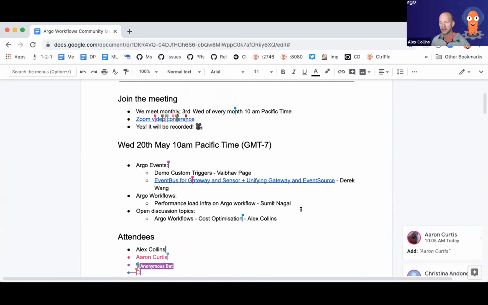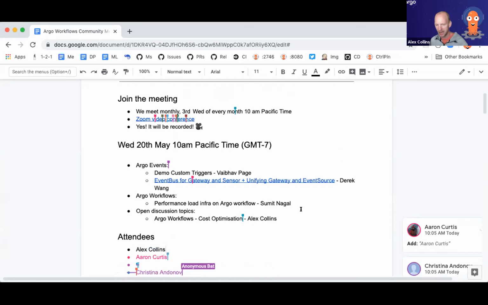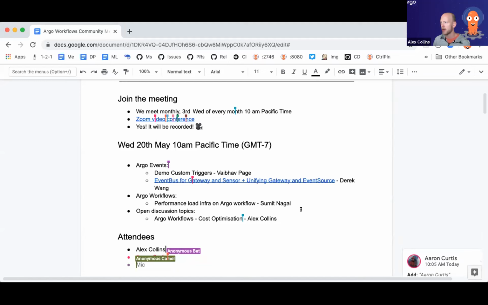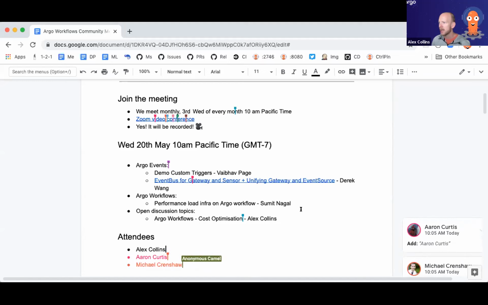And Argo Events is a system for triggering events in your cloud using the cloud event specification. So things, for example, triggering a workflow if a file has appeared in S3. My name's Alex, and I'm the principal engineer working on Argo Workflows. And from our core team today, we've also got Derek, Bala, Jesse, and Mukalika also joining us.